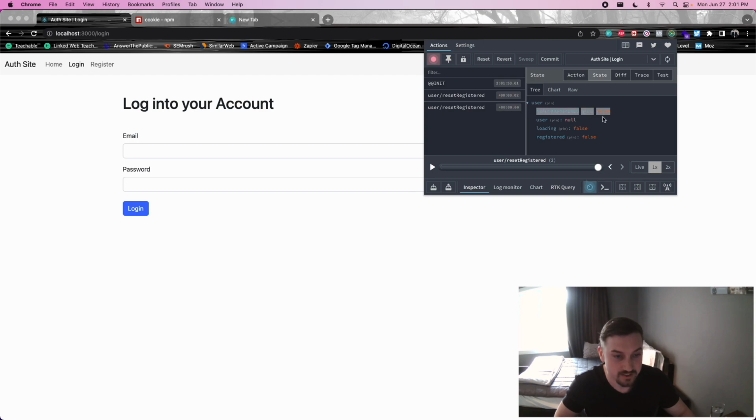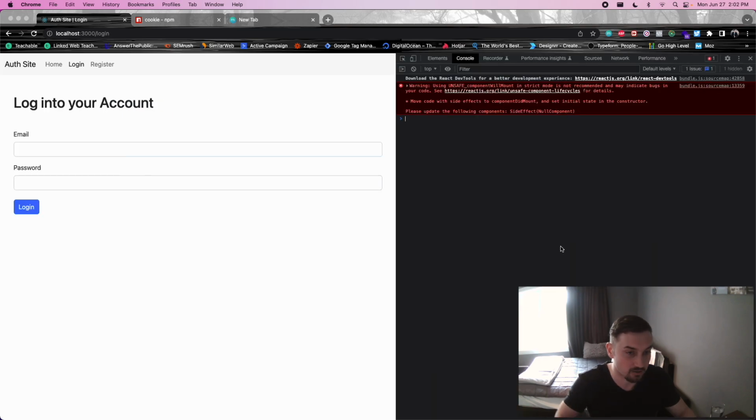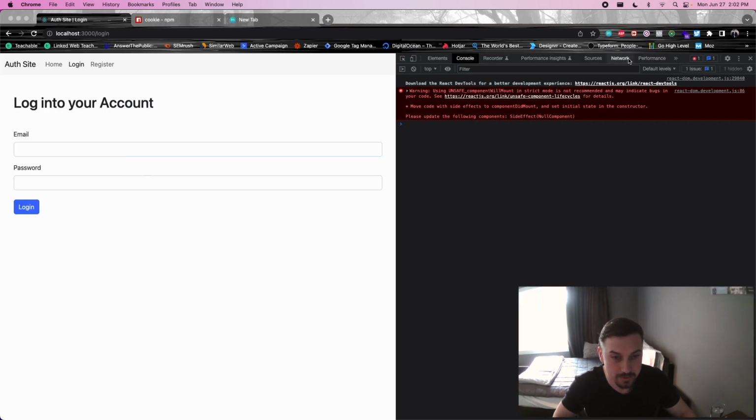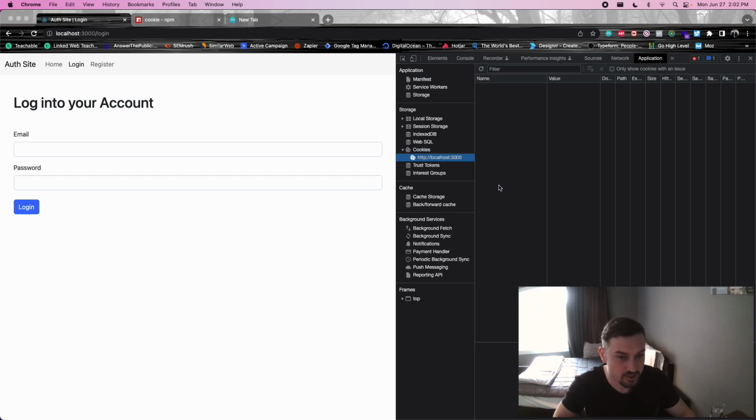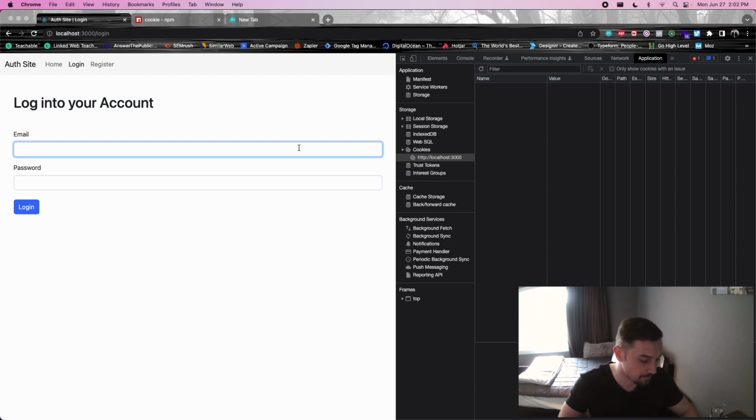So right now is authenticated false, user null, loading false, registered false. And then I'm also going to open up the application. So we should have our cookies get set here once we log in. So that's what I want to keep an eye on. So there's going to be cookies on localhost 3000. Because we're going to get in the response that set cookie header, that's going to tell the browser, hey,